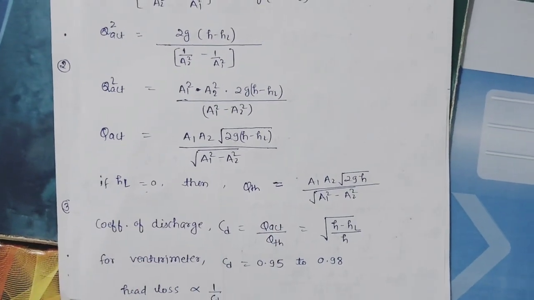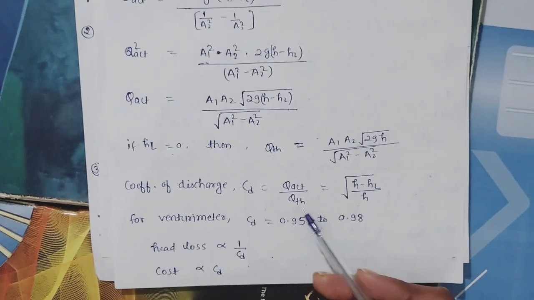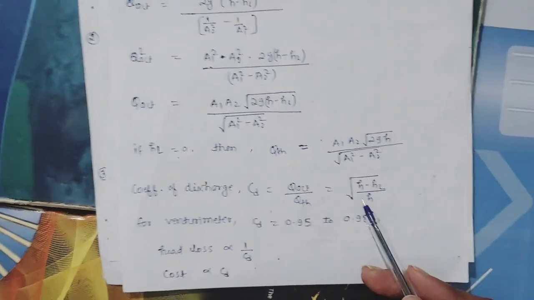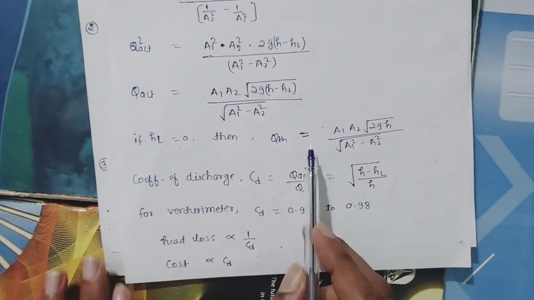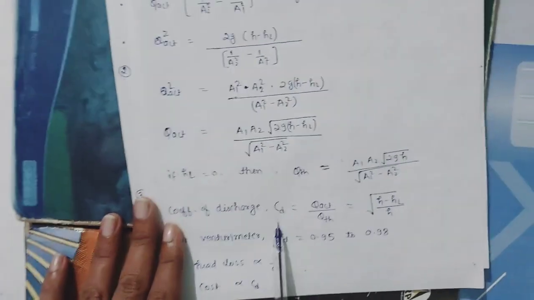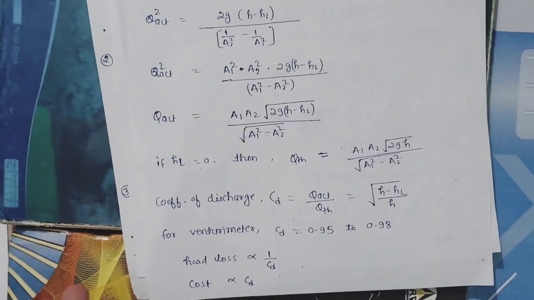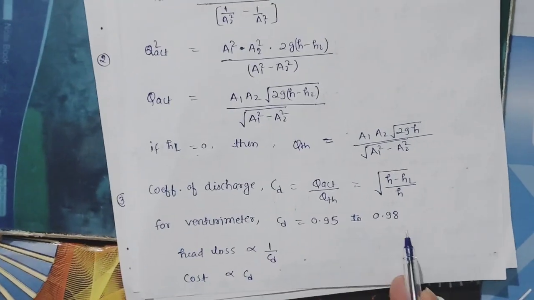We know that the coefficient of discharge, CD, equals Q actual divided by Q theoretical, which is H under root of H minus HL. Dividing these gives the coefficient of discharge, and the coefficient of discharge is maximum for a Venturimeter, which is 0.95 to 0.98,